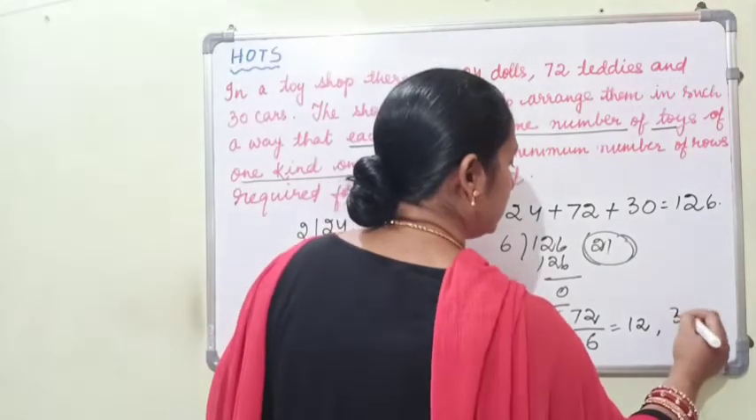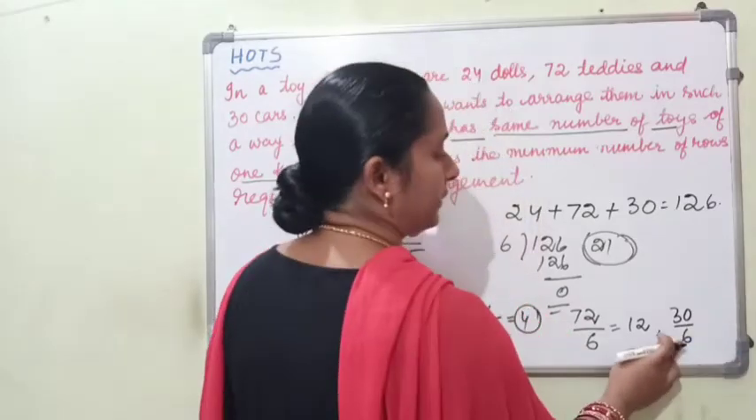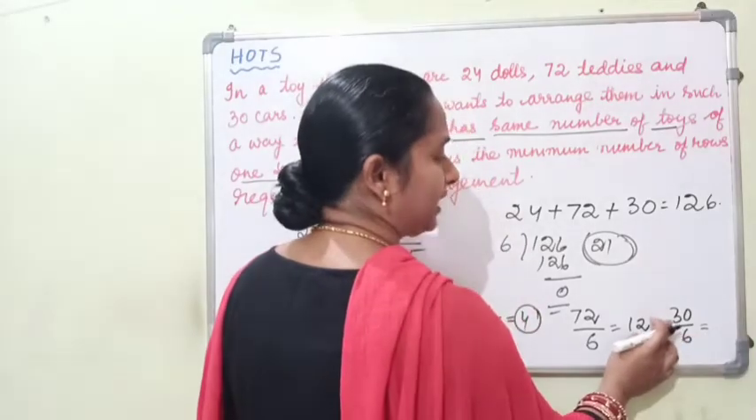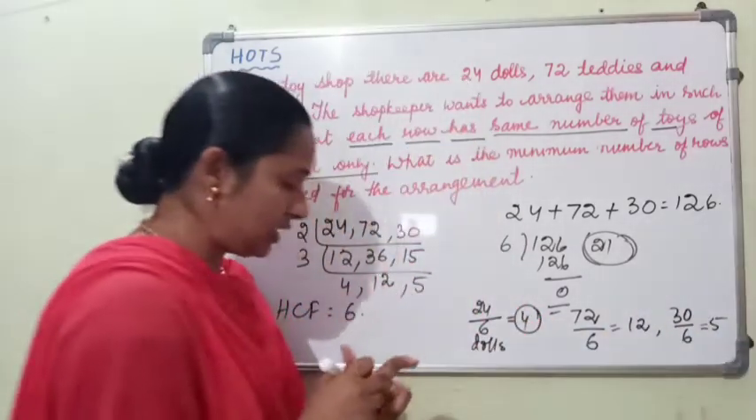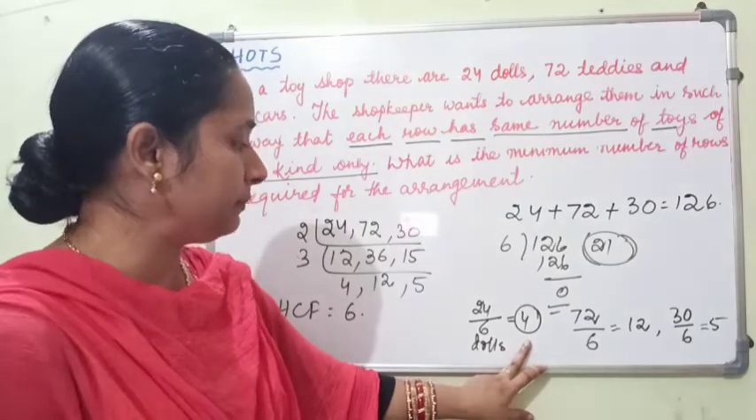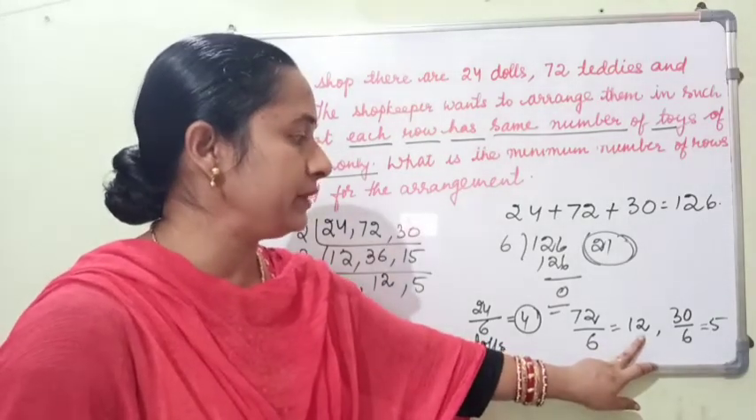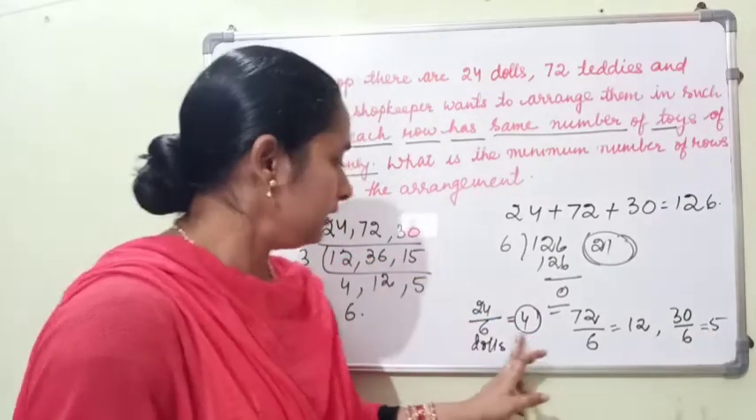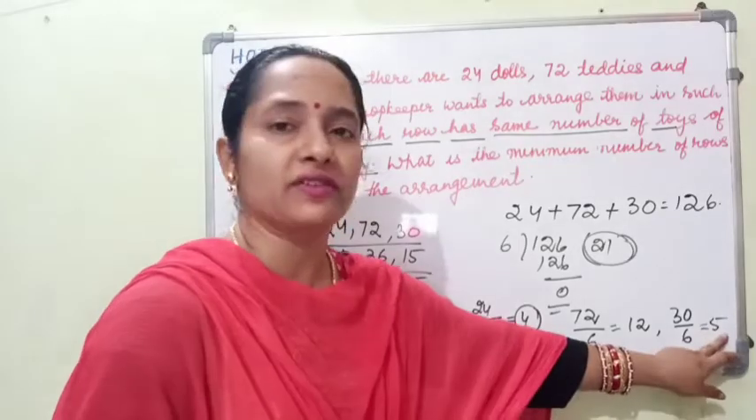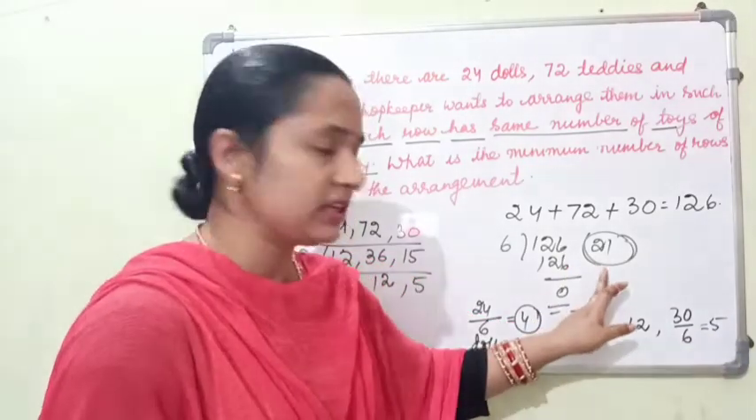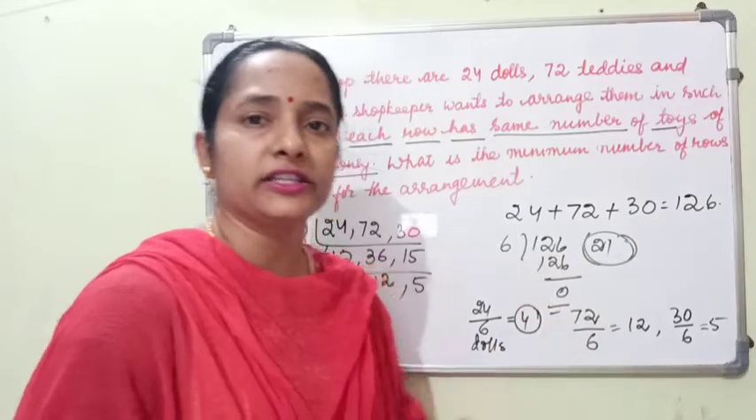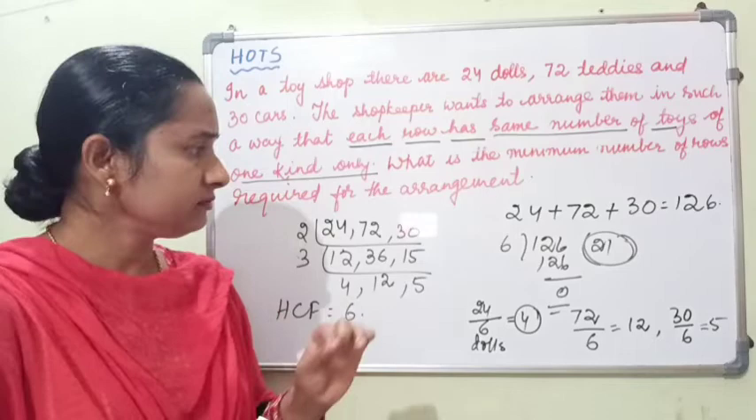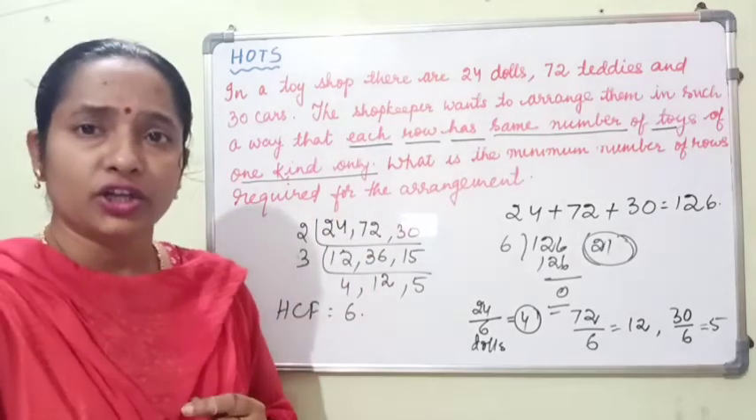Then comes the 30 cars. If you keep 6 cars in each row, then how many rows will be occupied by cars? 6 fives are 30. Now you see, in 4 rows you will keep dolls, in 12 rows you will keep teddies, and in 5 rows you will keep only cars. Then 4 plus 12 is 16, plus 5 is a total of 21. Did we get the 21 rows? So 21 is the minimum, the least number of rows that can be used to arrange these toys